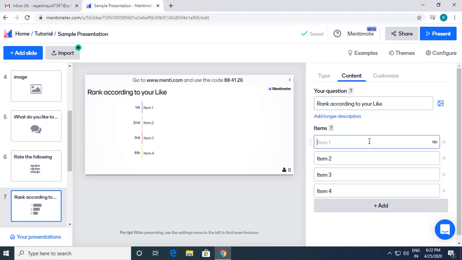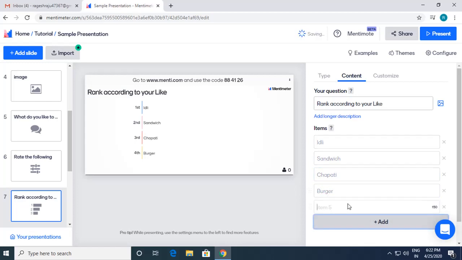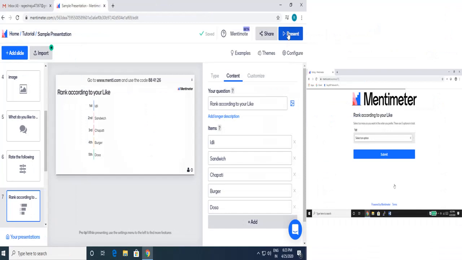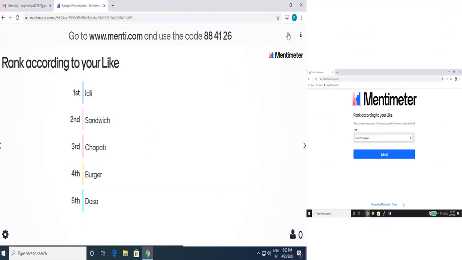I give food items here: idli, sandwich, chapati, and burger. And if there is any dosa lover, we'll add dosa also. Sorry, I typed that wrong. Just do this, add, done. Now I'll present this and we'll see what comes.